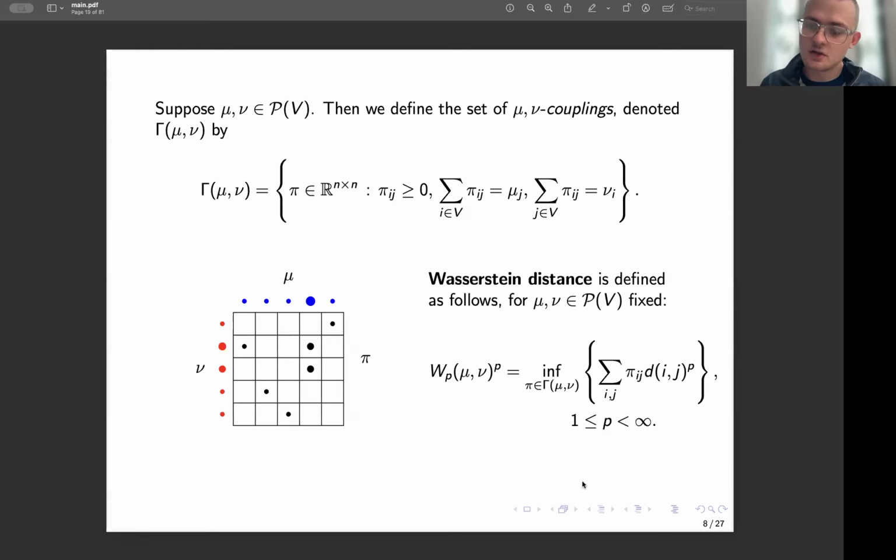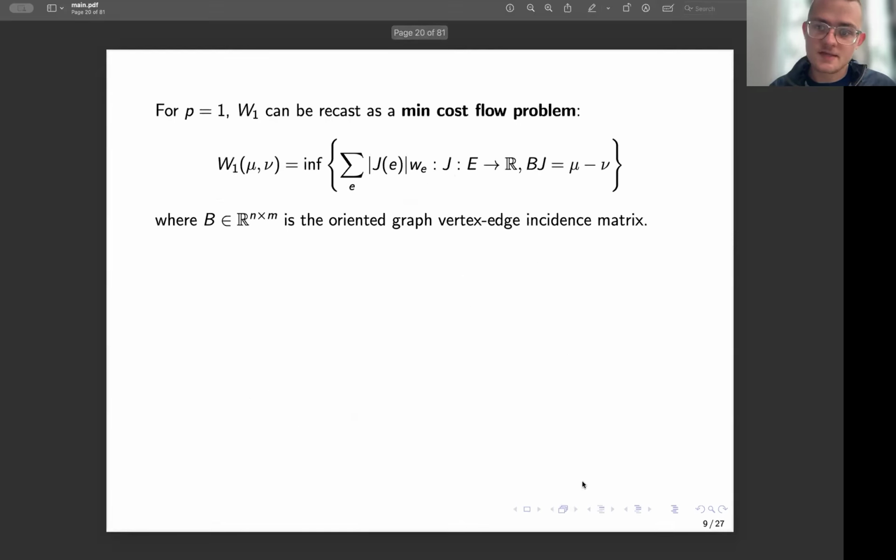This is, I'm defining it here in the graph setting because I don't want to bite off more than we have to chew. But of course, this can be defined really in any metric space. And there's a lot of robust theory that has been written about that particular topic. So in the setting of graphs, it is interesting to note that when p is equal to 1,